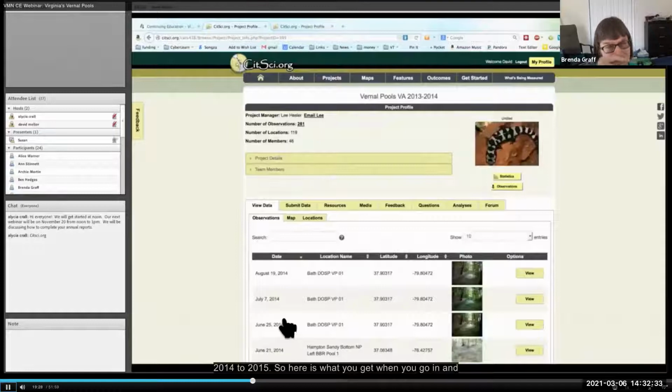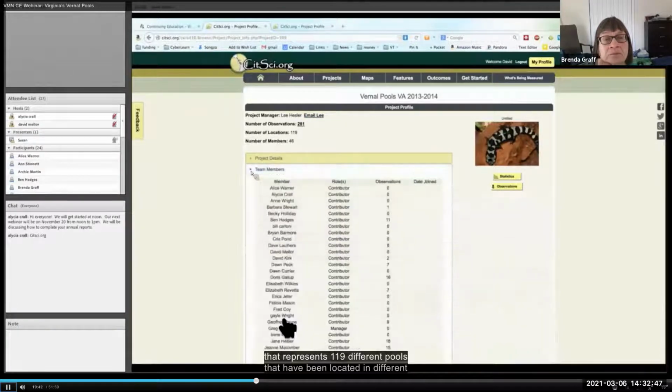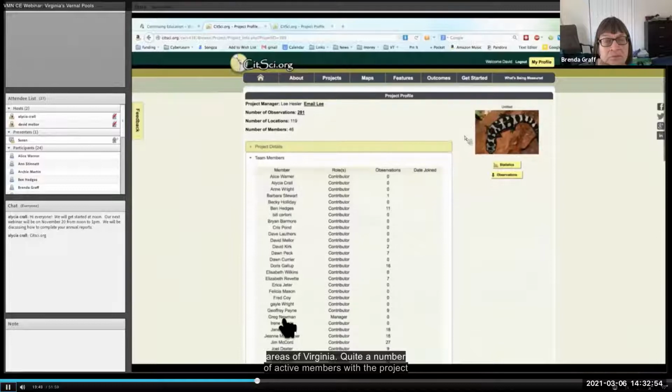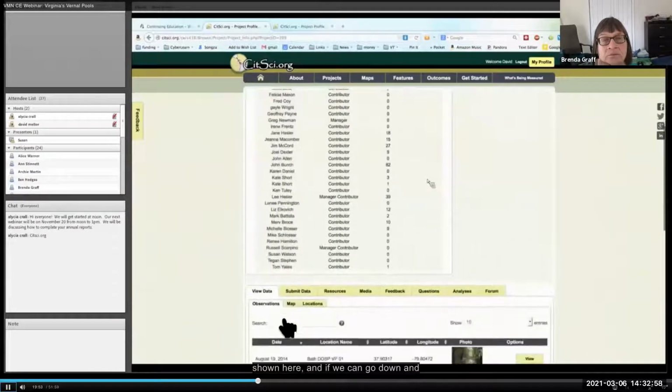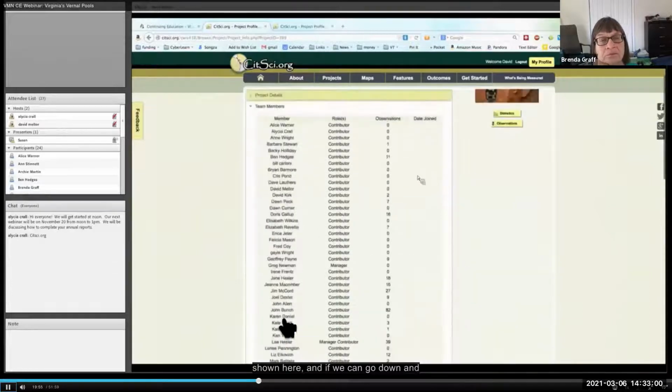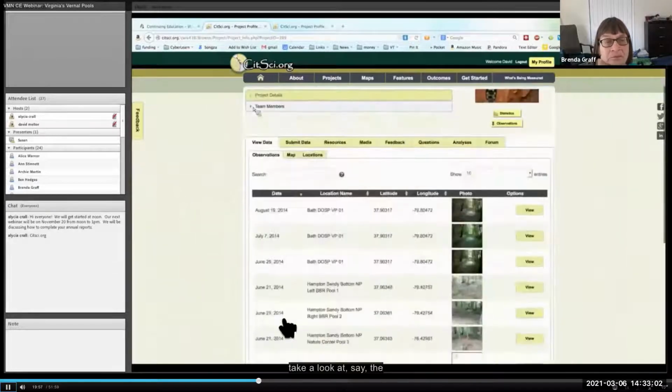So here is what you get when you go in and look at that. Notice the number of observations up on top. We have over 281 different independent observations of various pools, and that represents 119 different pools that have been located in different areas of Virginia. Quite a number of active members with the project is shown here. And if we can go down and take a look